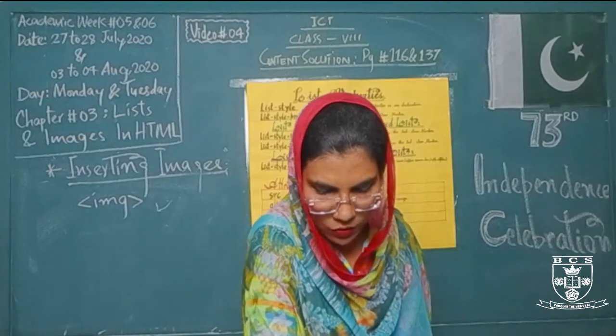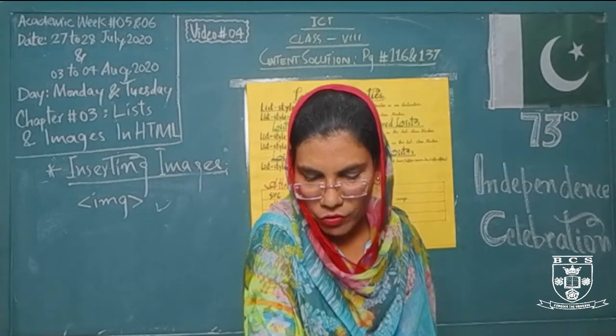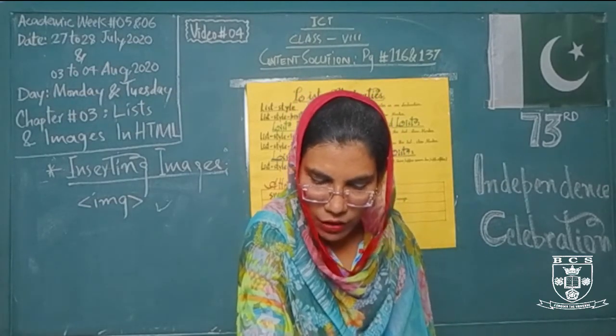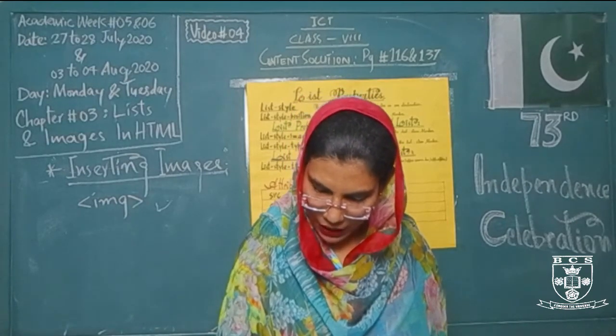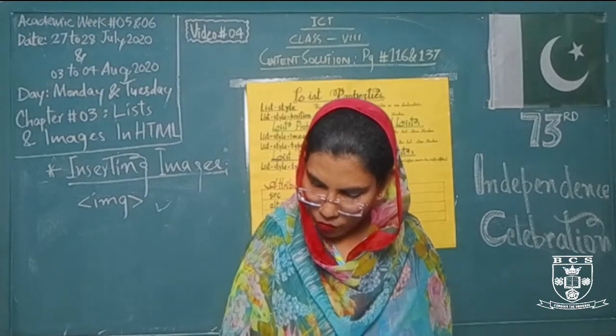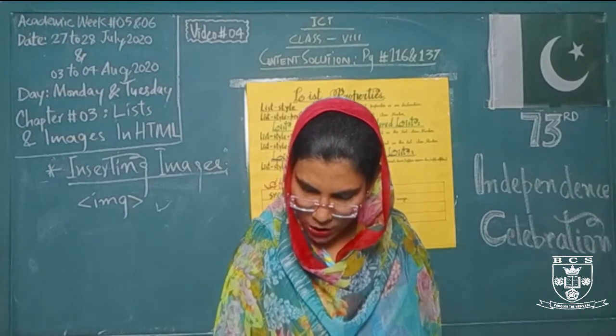So for the first one, DL, this is definition list. DT, this is representing definition list term. For the third one, DD, this is representing definition list description. And right after the last part, name the list type property that specifies the type of list item marker. What values can be assigned to this property?